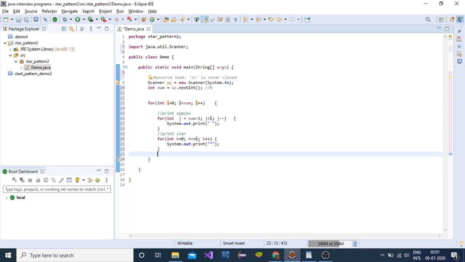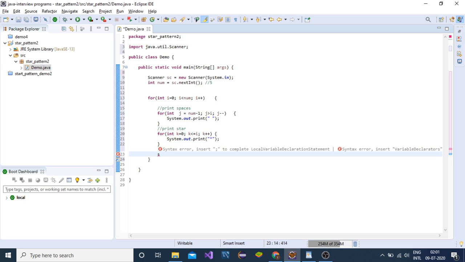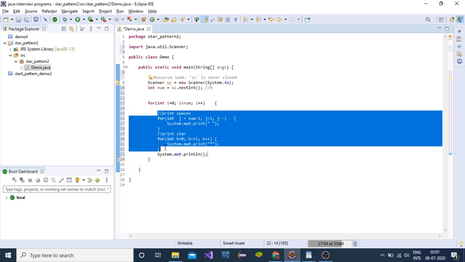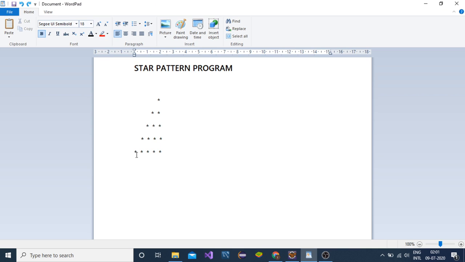And outside this loop print line break, sorry. This is responsible for printing line break for the next row. This will be responsible for printing a complete column in a row, 1 2 3 4 5.